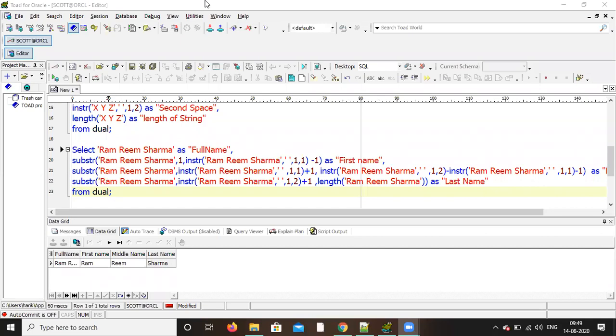Whatever I pass, it should work. It's not that it should be for a particular name. Let's say the requirement comes that whatever the name is, it should divide into 3 different names. So you have to generalize and think so that you don't hard code any values. Yes. That is the thing, nothing else.